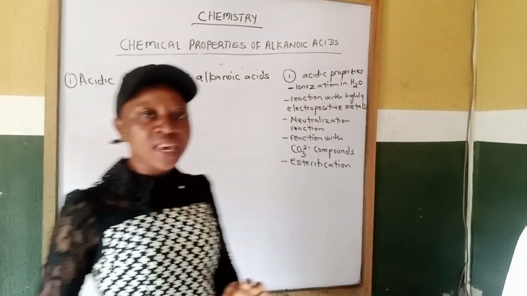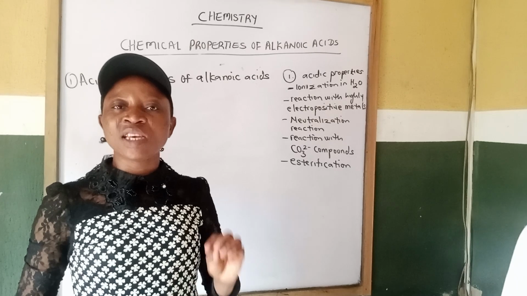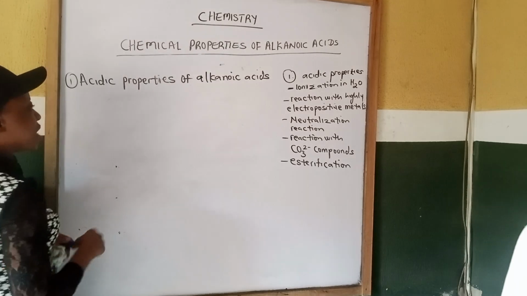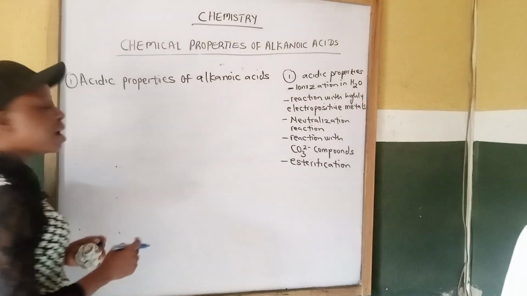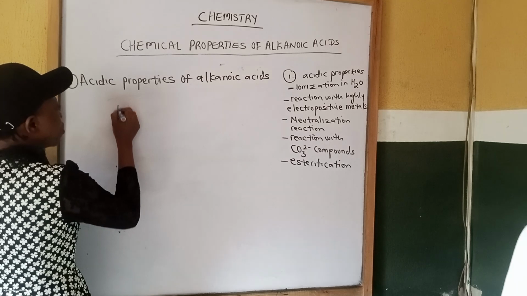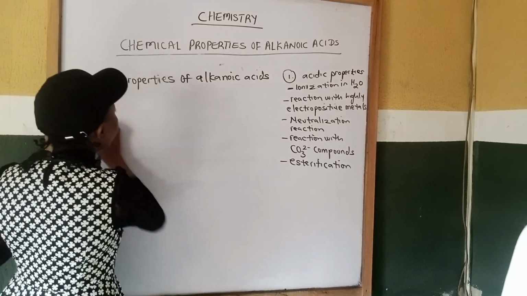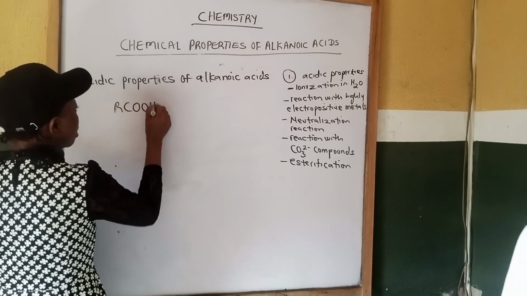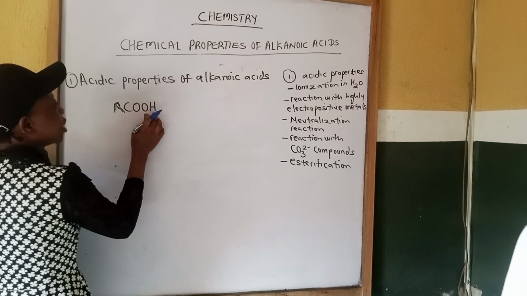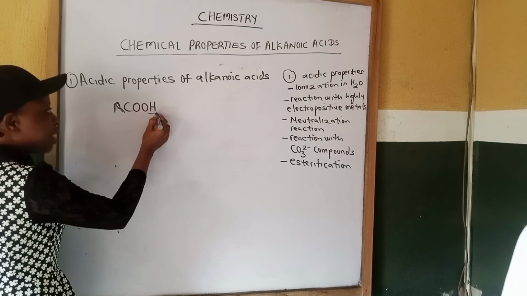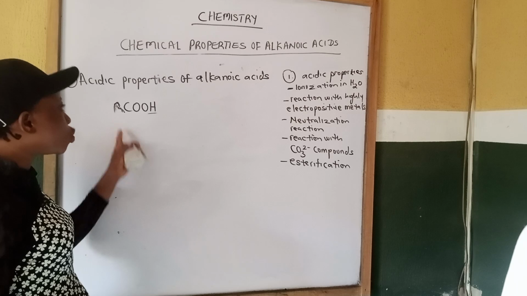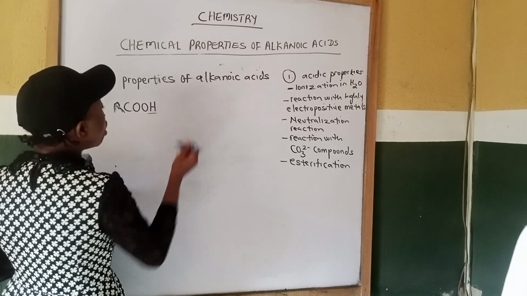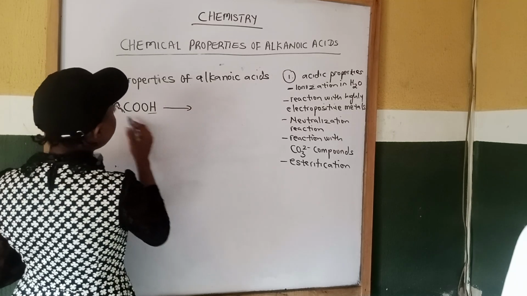Alkanoic acids are weak acids, so they slightly ionize in aqueous solution to release hydrogen ion. The hydrogen ion will be released from the carboxylic group, which is known as the functional group. The general formula for alkanoic acid is RCOOH. So it shows that the only hydrogen ion that will be released is the hydrogen ion from the carboxylic group, not a hydrogen ion from the alkyl group. So the hydrogen ion from the carboxylic group will dissociate or ionize to form